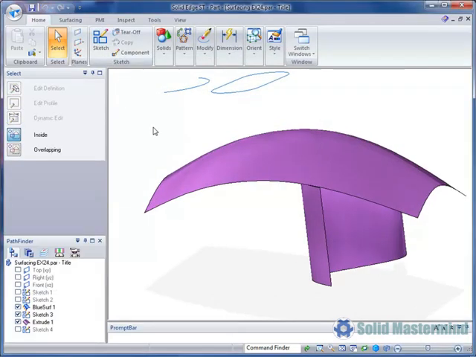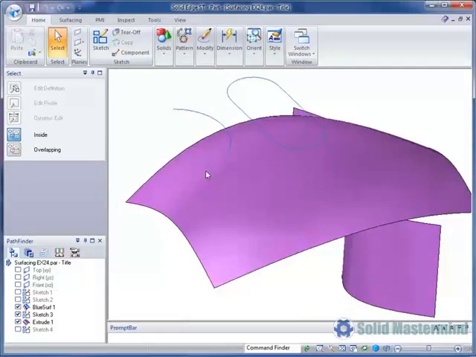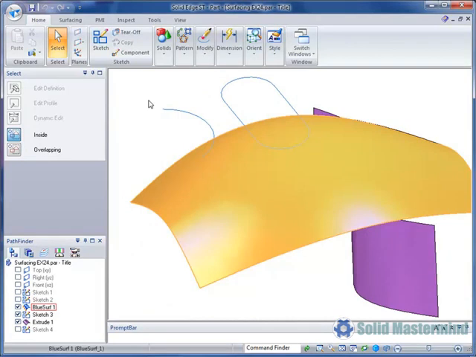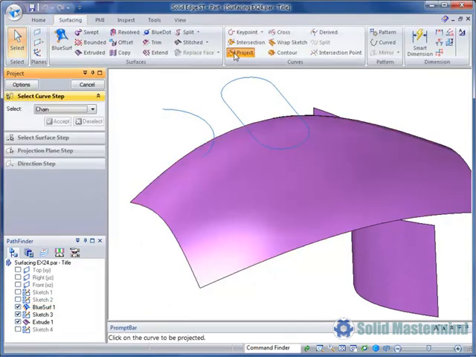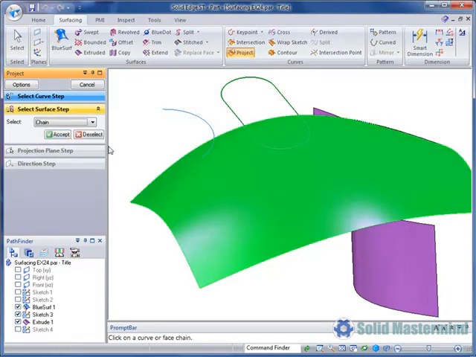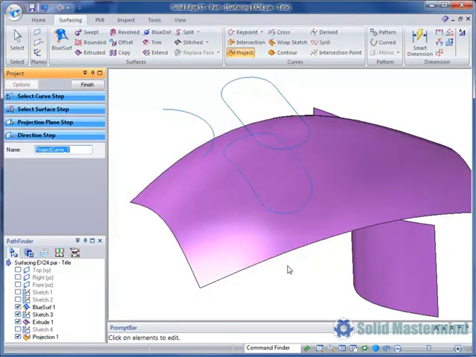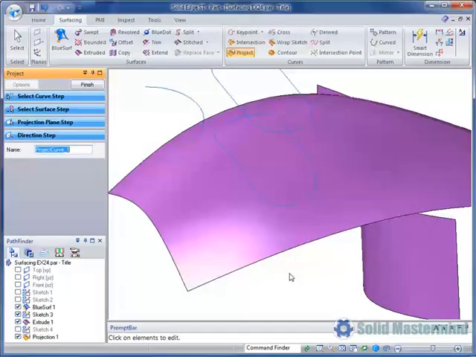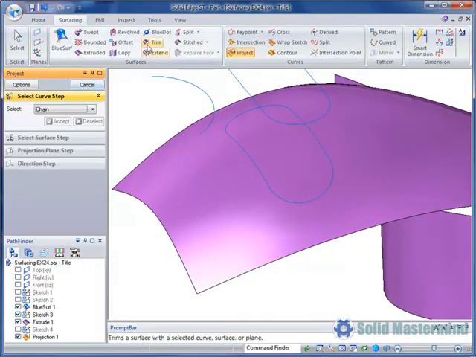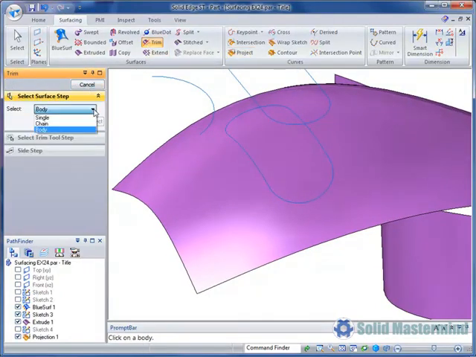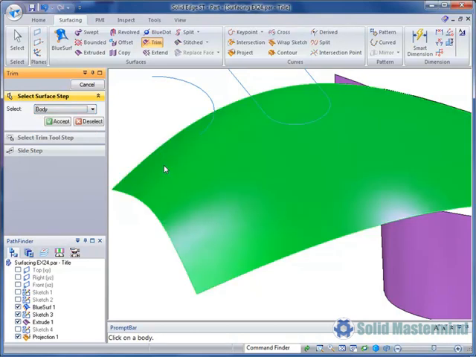Here we have a couple of different surfaces and sketches. To start with, we'll use the project command and project this sketch onto this surface. Now we can use the projected geometry to trim the surface. We'll pick the trim command, choose an appropriate select option, then select the surface we wish to trim, and hit